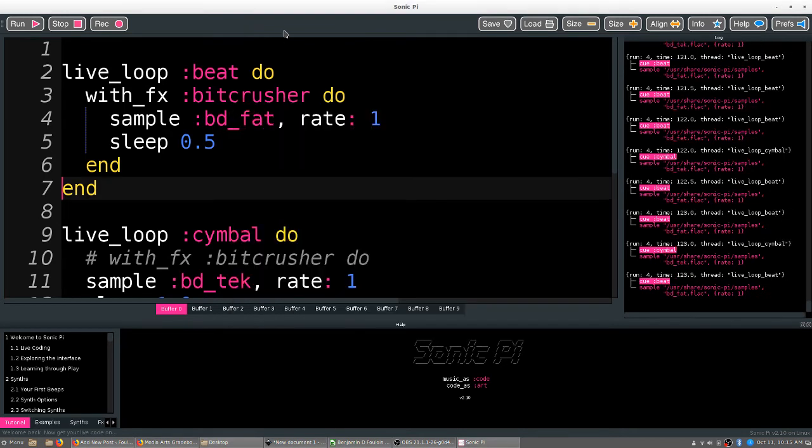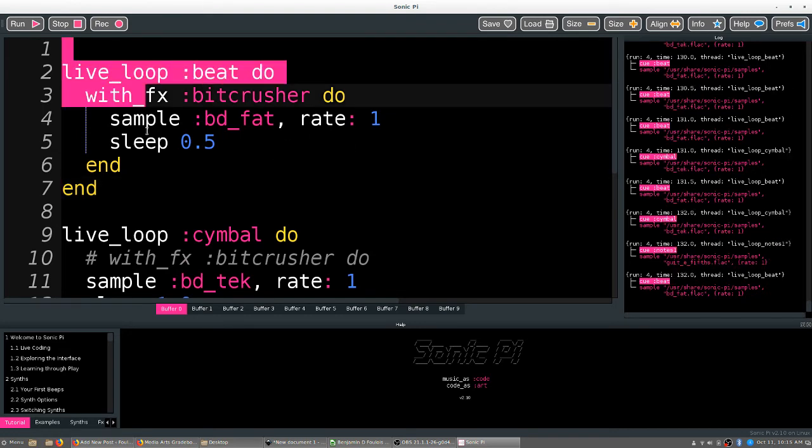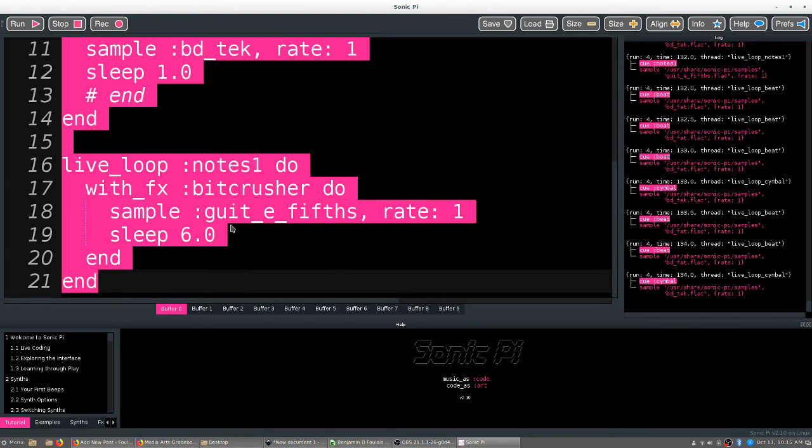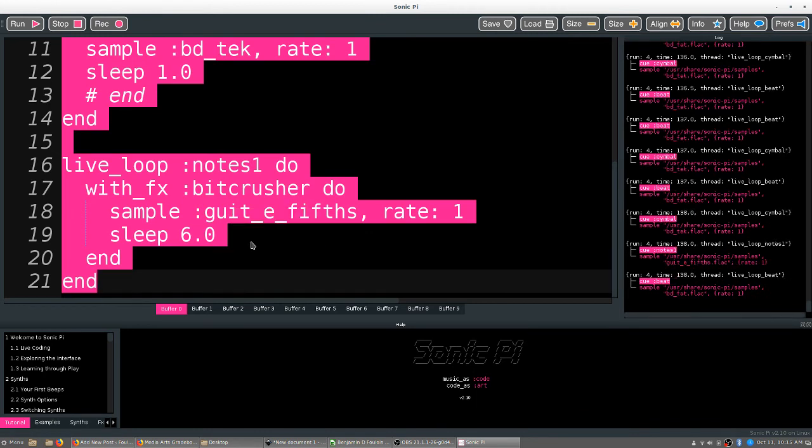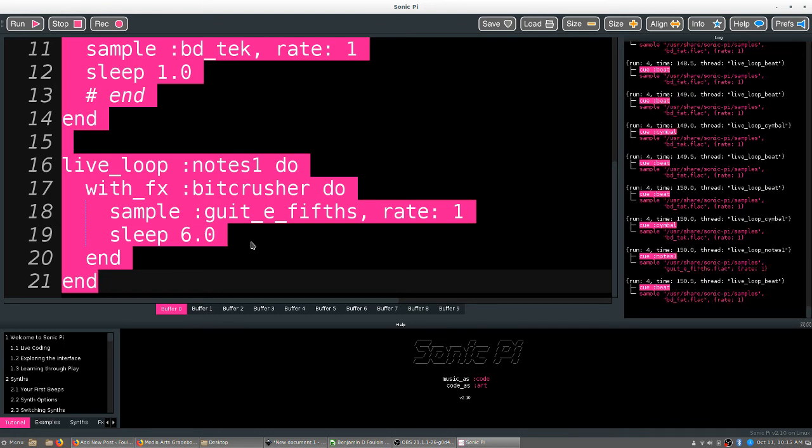But if you are making something in Sonic Pi for my class, I have probably asked to see your code as well. Well, to share that code with me, you select everything that you've typed up. You can right click and copy it and then paste that into a comment in Google Classroom or a Google Doc and add that to Google Classroom. So long as that text is in one piece and I can see it and I can copy paste that